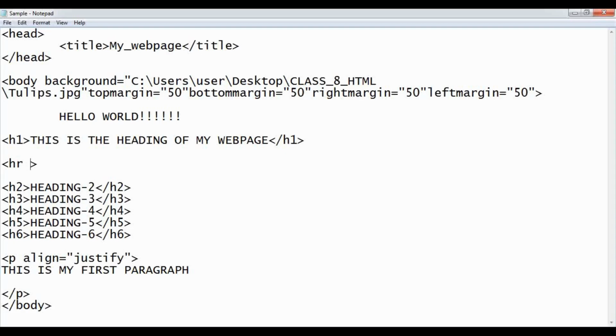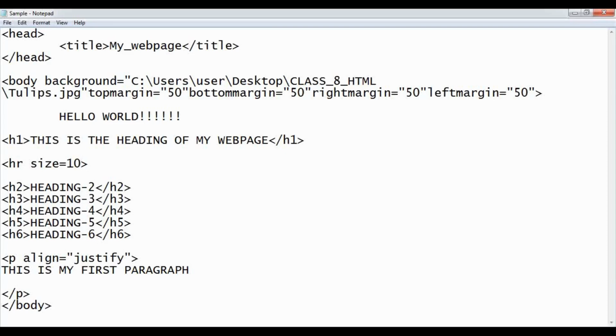The first attribute of the HR tag is the size of the line. So you can give the size of the line, how long line you want, and the size will be given in numbers. So you will use numbers to give the size of the line.